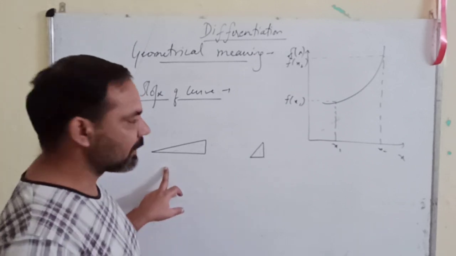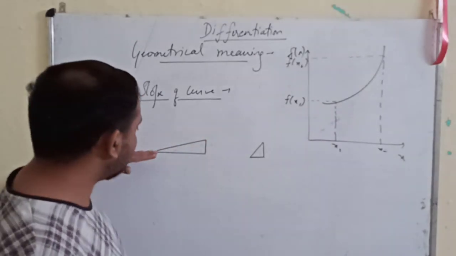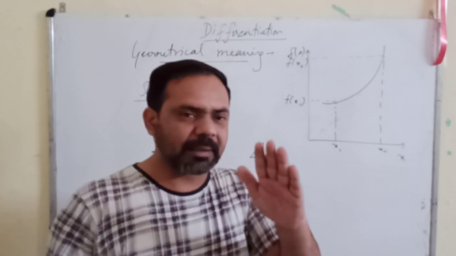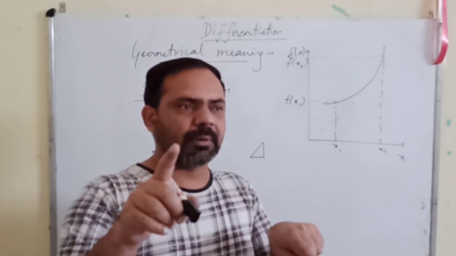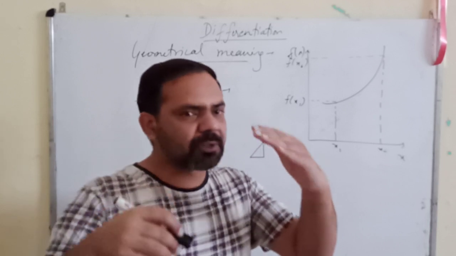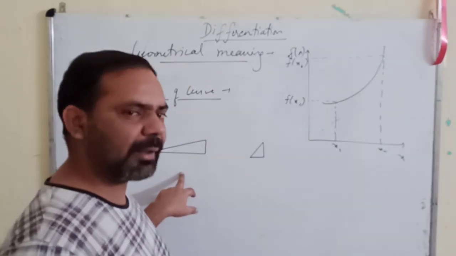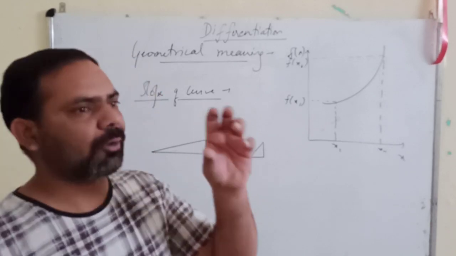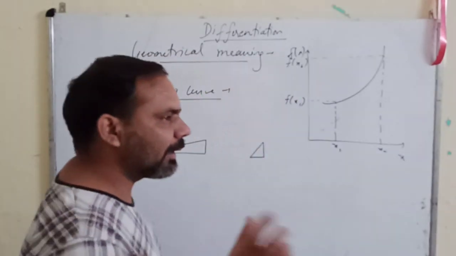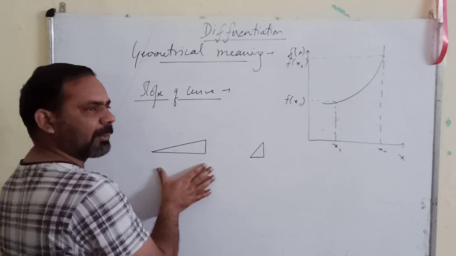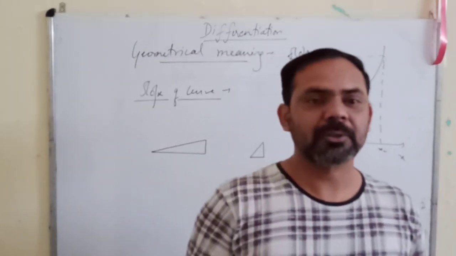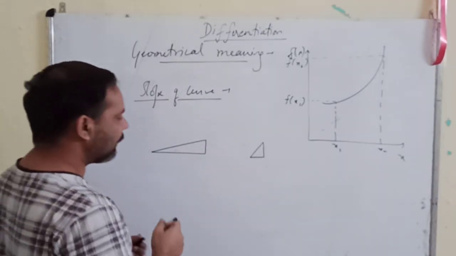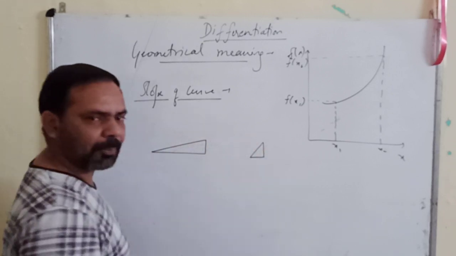Yes, the first one. The reason is that here the inclination is less, the length is more. So what do you say, something is steep; we say that thing is more steep in this case and less steep here. What is that word we use? Slope, right. The slope is less steep here and more steep there. This is something called slope.